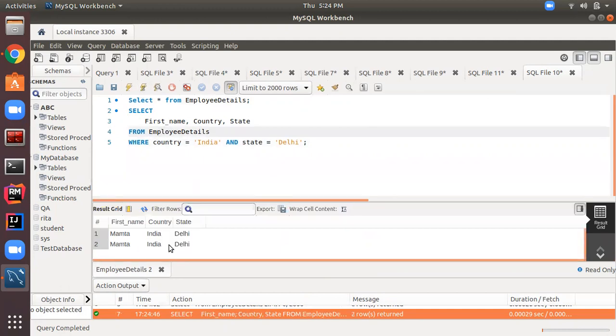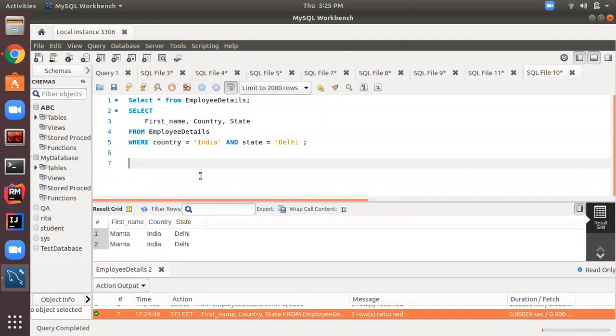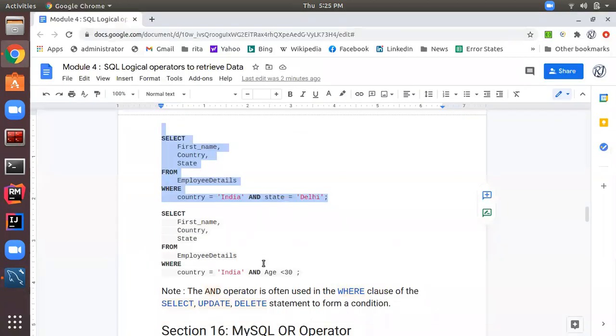See, it's showing only the Mamta record. It fetches first name, country, and state from the employee detail table, where country is India and state is Delhi. Next, I want to display those employee records from India whose age is less than 30.